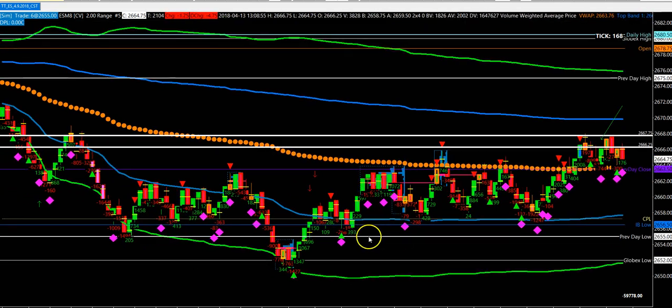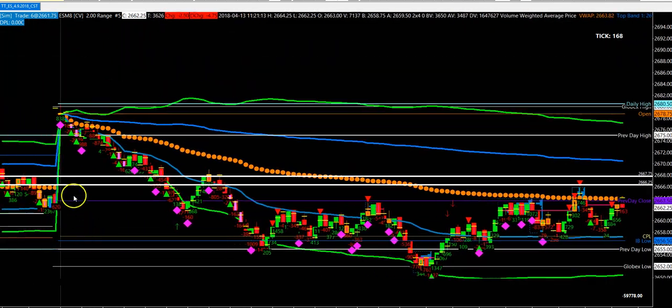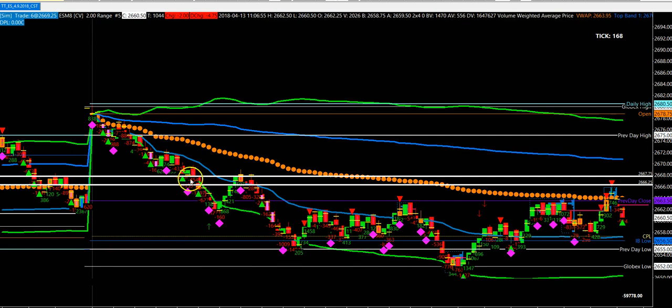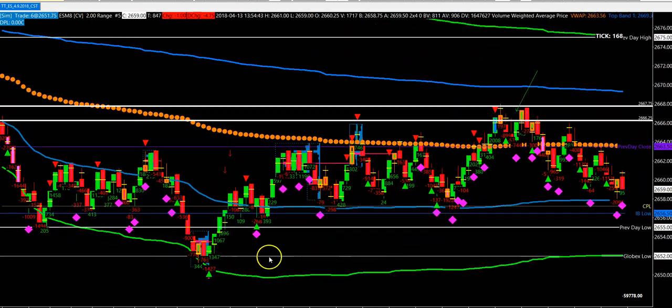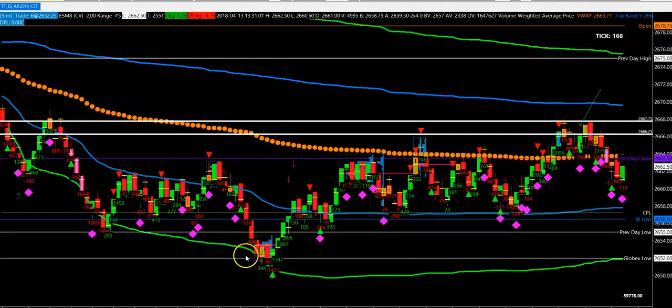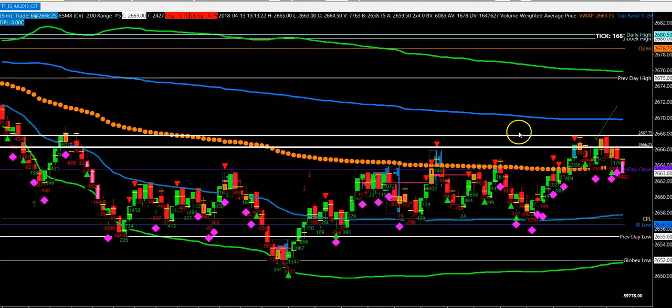Well, how did that set up? So number one, let's get some context for the morning. We opened up, we had an open drive lower. We just basically blew out anyone who was trying to buy the dip this morning. We traded the entire range from the high of yesterday back into the high and all the way back to the low. It was very slippery in the morning. So that gives you context where we are over here.